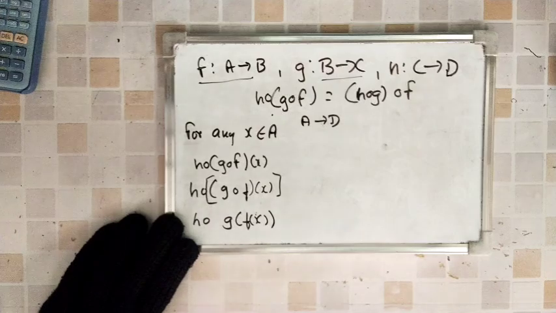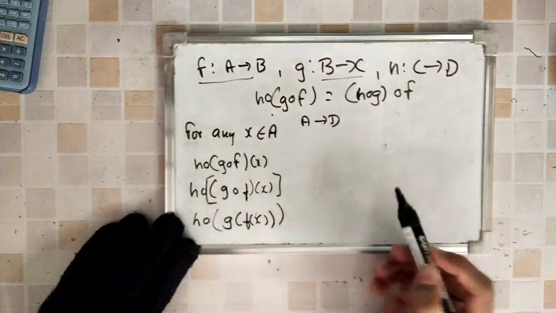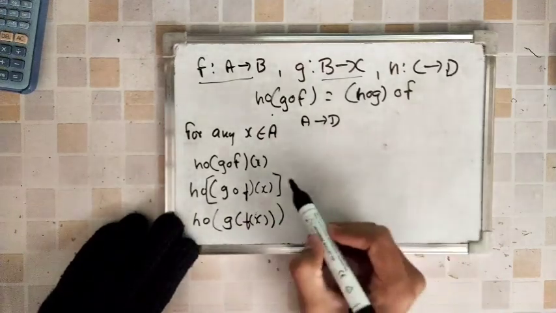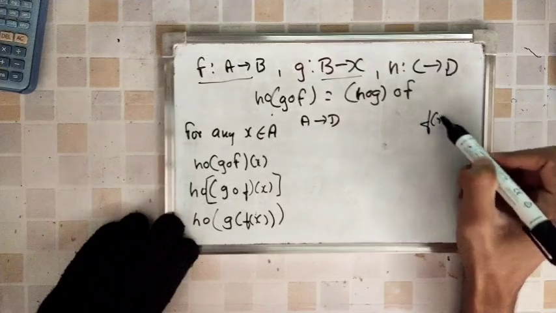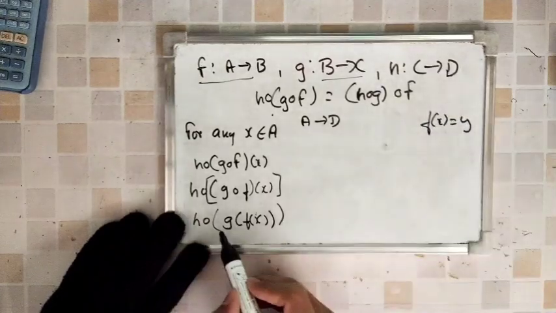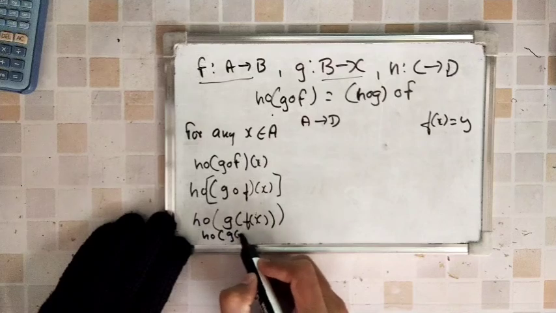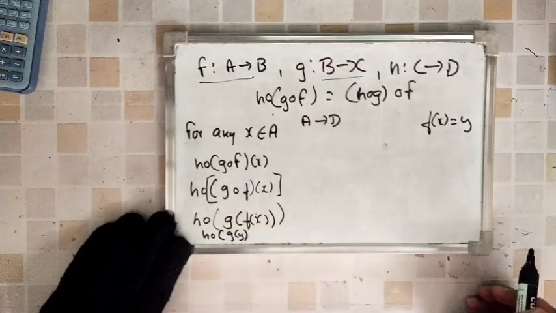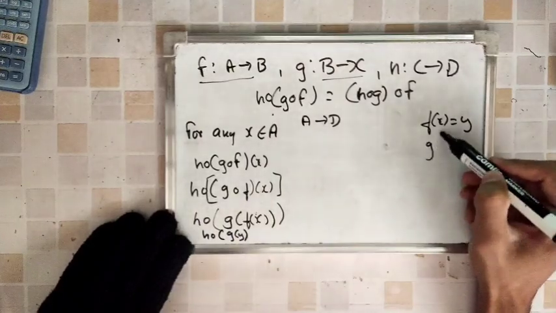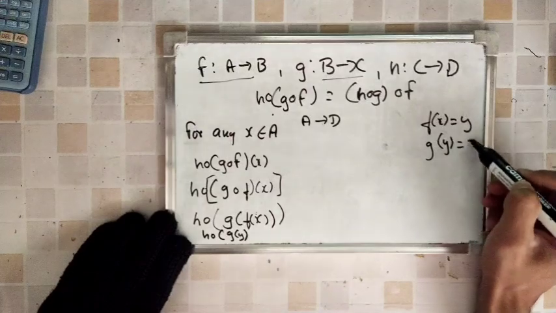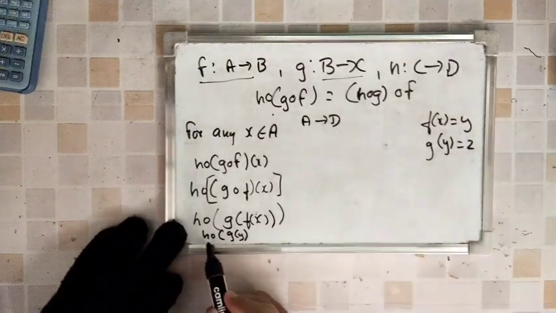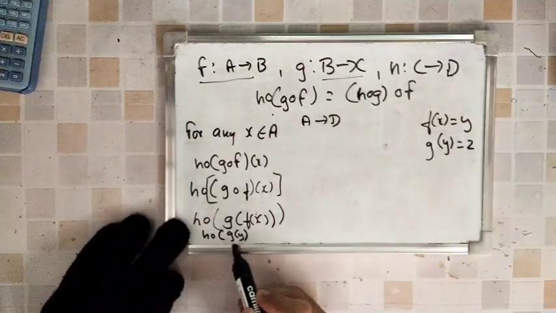Okay. So what will I say? Now I will say f of x is equal to y. So this thing will convert into h composition g of y. Okay. Then what will I say? I will say let g of y be equal to z. So here I have h composition g of y is nothing but